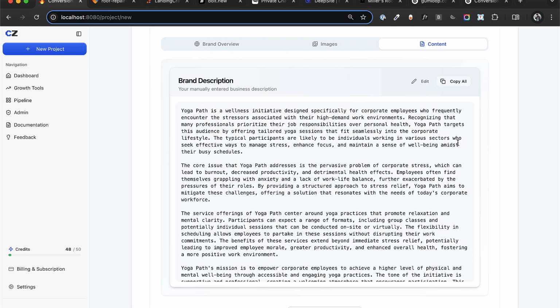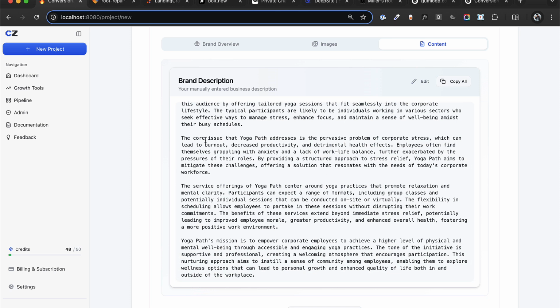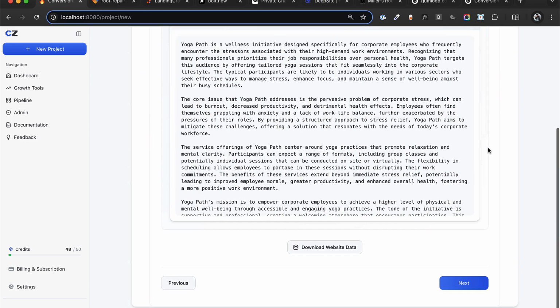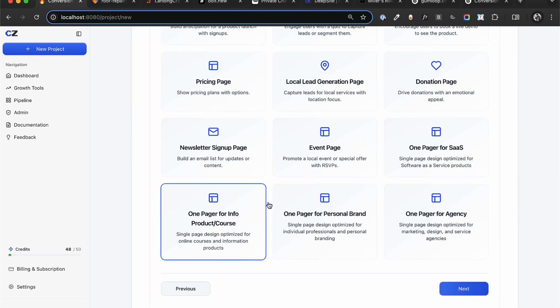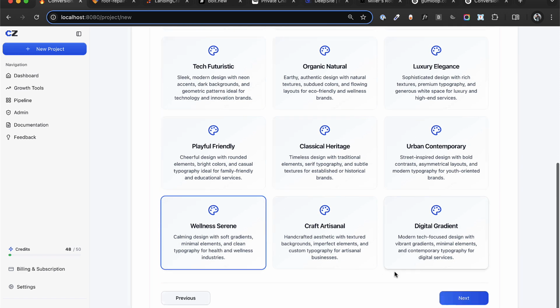And now it's creating some information about the brand. What is the core problem that we're trying to solve, what are the services, and so on. And of course, I can easily edit all of that if I want to do so. Now let's say this is going to be a kind of course service. I'm going to use this kind of template. I'm going to use the wellness serene